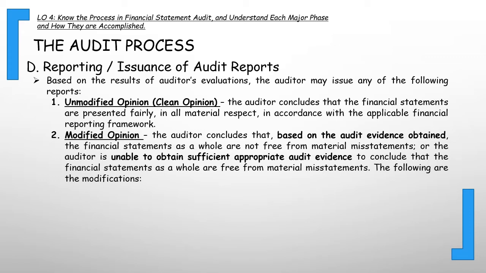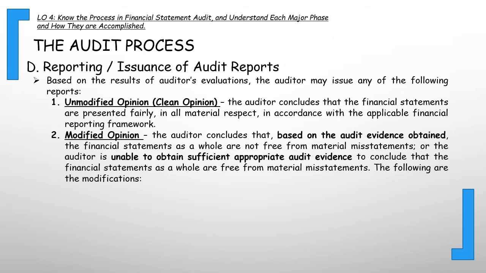Then, yung modified opinion naman, the auditor concludes that based on the audit evidence obtained, the financial statements as a whole are not free from material misstatements, or the auditor is unable to obtain sufficient appropriate audit evidence to conclude that the financial statements as a whole are free from material misstatements.